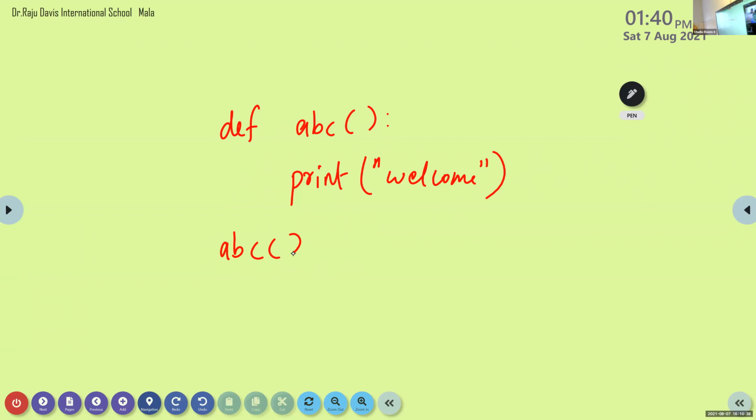In a normal program the execution starts from the first statement, but when we are using a function inside a program, the execution begins from the main program. That is, the statement after the function definition is known as the main program. Here these two statements are the function definition.